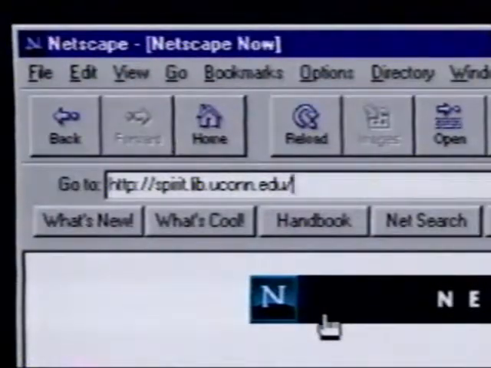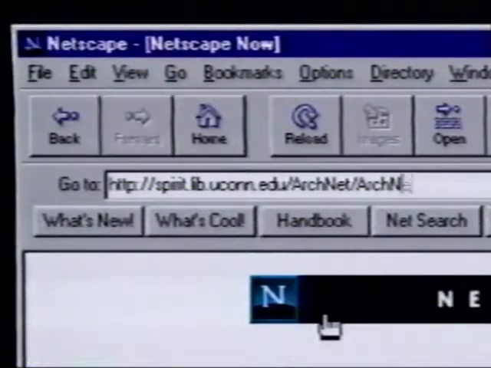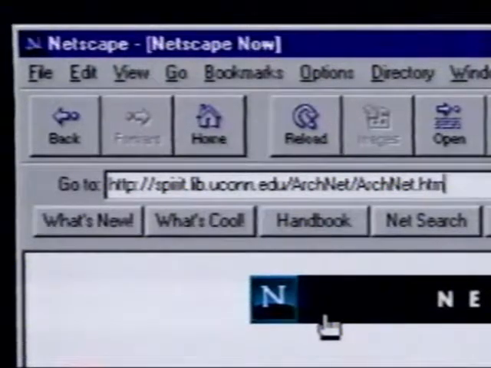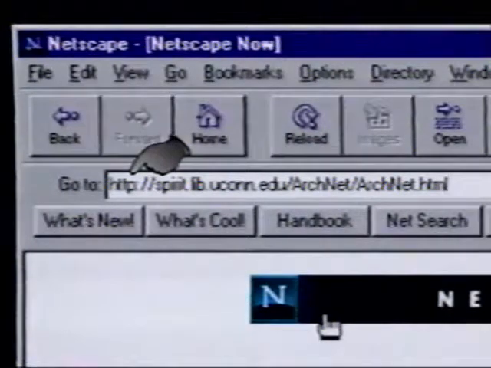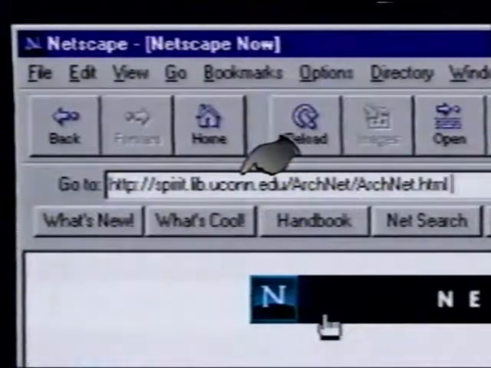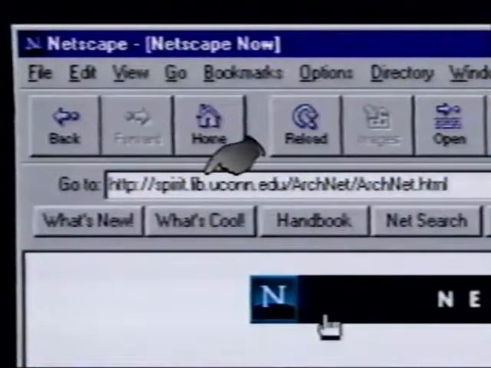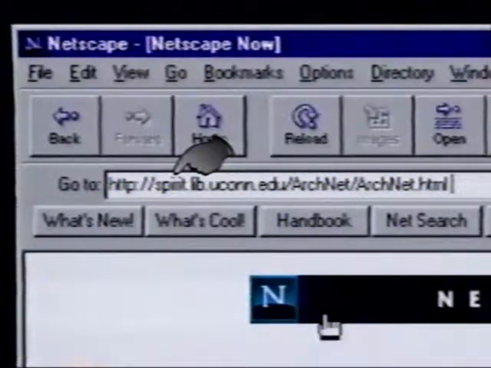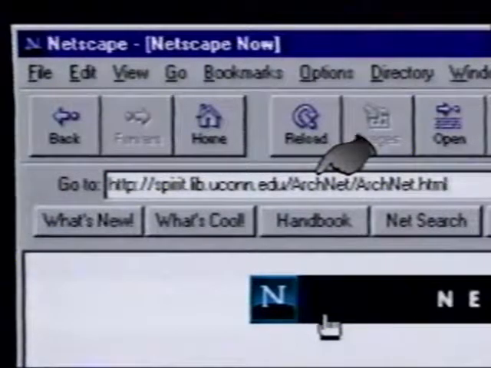Now we type the third part of the URL, arcnet/. And finally, arcnet.html. This URL address is saying, using HTTP protocol, let's go to the computer called spirit.lib.yukon.edu. This computer is at an educational facility located at the University of Connecticut on a computer named Lib. When there, open a directory called Spirit. Then when we get there, open the directory ArcNet and access the document